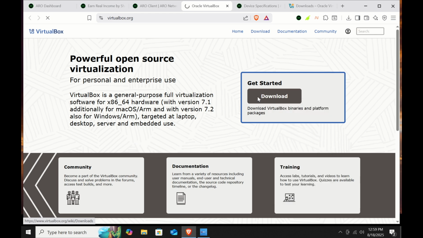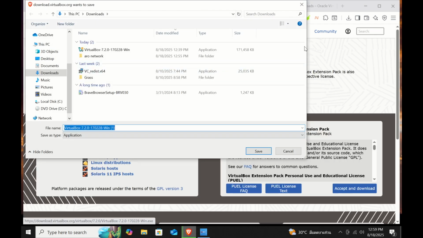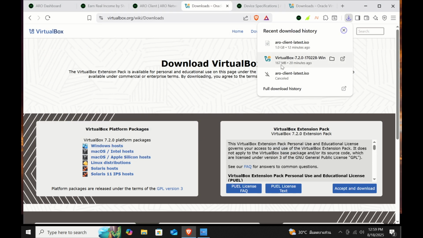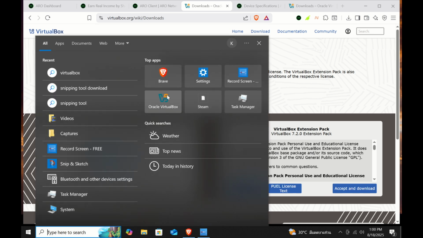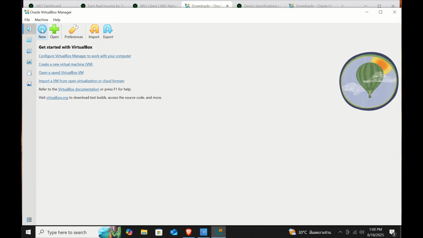Press the download, and then do the Windows host. And then yeah, download. I already did that. So it's gonna take a few minutes for both. Once you have the VirtualBox and the Arrow client latest, let's open the applications. So for me, I already did all the installation process for the installer. Once you did all the installer process, we can open the VirtualBox and then start a